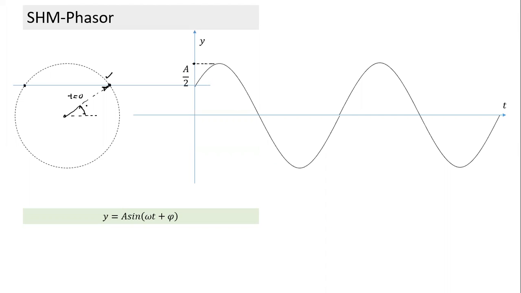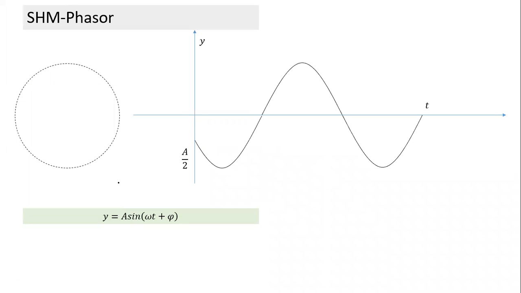So what is the phase constant in this particular case? Phase constant in this case, this is A by 2, this is A, so this is equal to 30 degree. So when I look at the figure, I should be able to relate to the phase constant very easily. And let's look at this case as well. Can you easily spot what will be the phase constant? Phase constant, this angle phi, and typically angle phi we can represent within plus minus 180 degree.